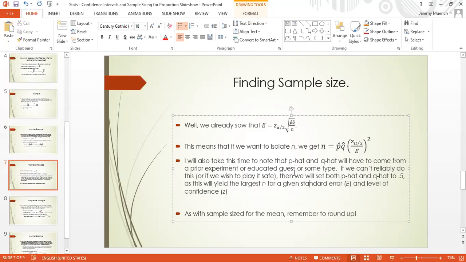Not important for what we're dealing with right now, but mainly just focus on this: if you have an assumption about what p hat and q hat are, you can use it. If you don't, use 0.5 for p hat and q hat both. Great. So let's go ahead and